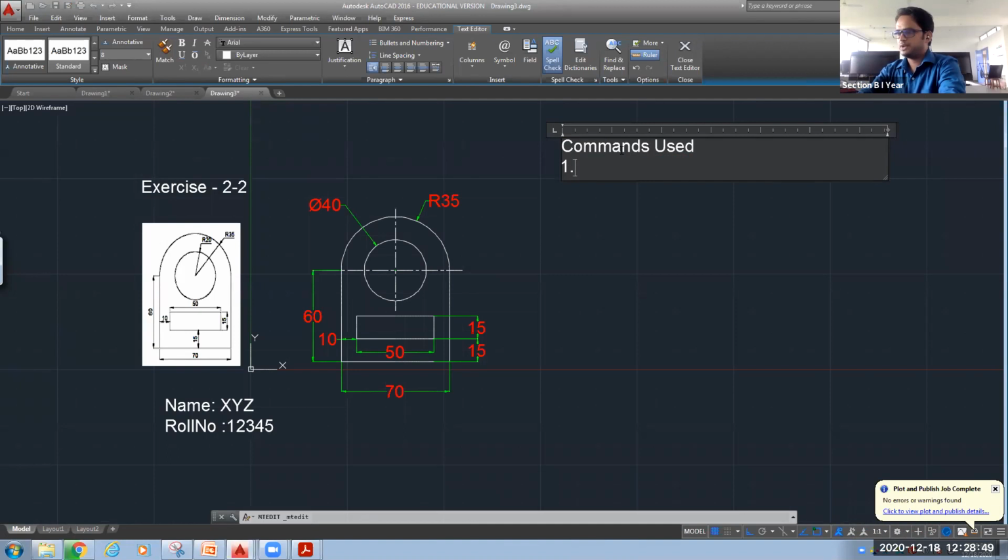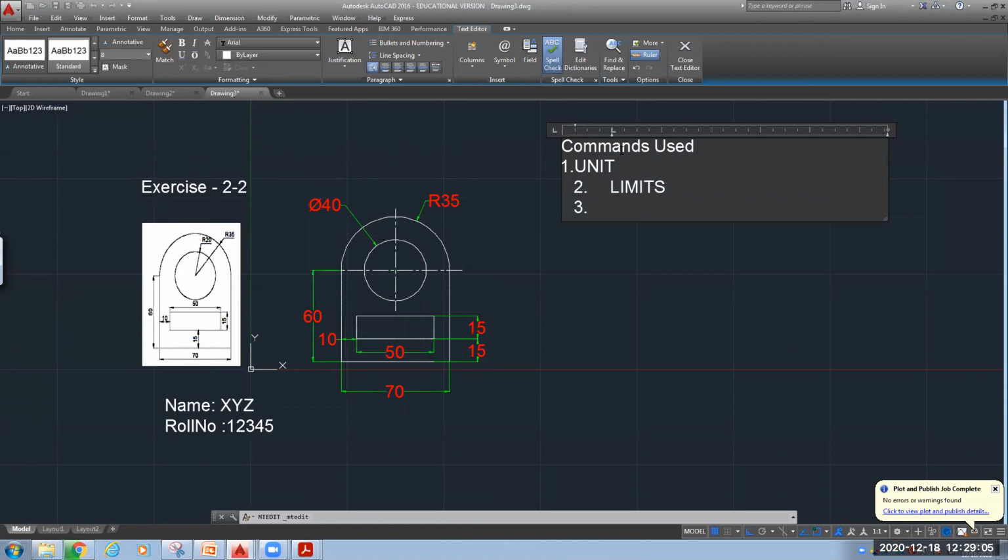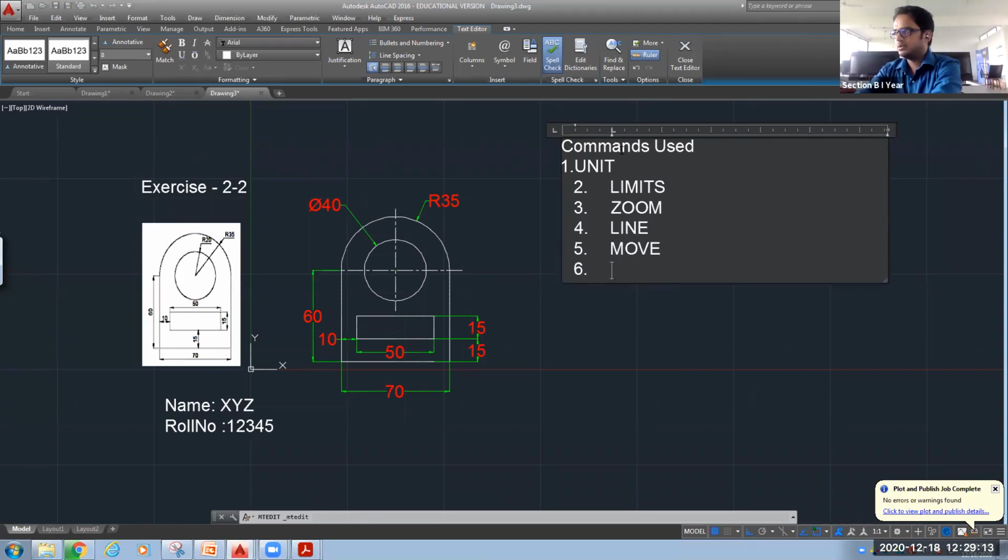First I have used unit. I will make it caps lock. Unit. Then limits. Zoom. Zone. Move command. Line. Move.